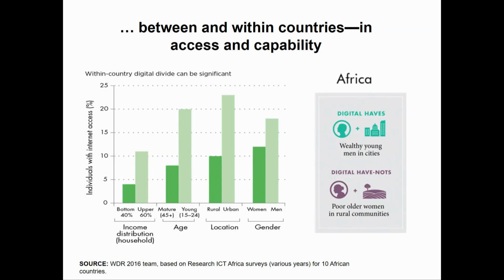But as it was reported in the WDR 2016, the problem is what is happening between and within countries in access and capability. And here is where we see differences. We see differences in income access. We see differences between young and old. We see differences between rural and urban. And we see differences between women and men. That's one of the concerns of these disruptive technologies, because they can increase inequality on all of these fronts. So how can we avoid that, and how can we comply with those three A's that I mentioned before to try to minimize that risk? And this is just a subsample of some countries looking at the gap of cellular phones in rural areas.